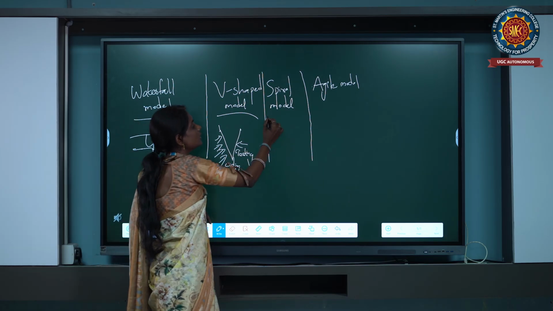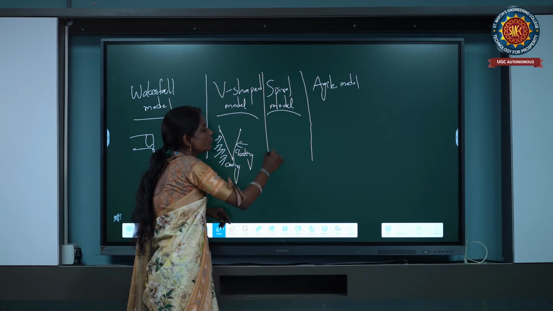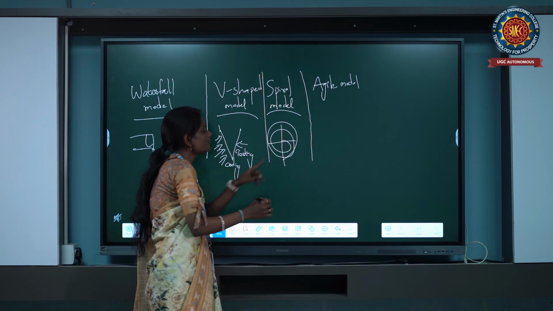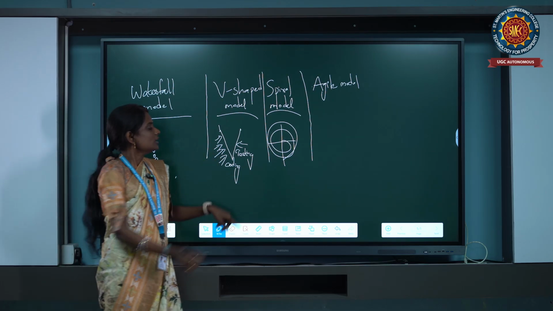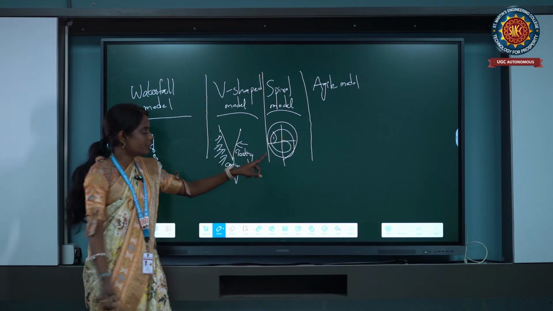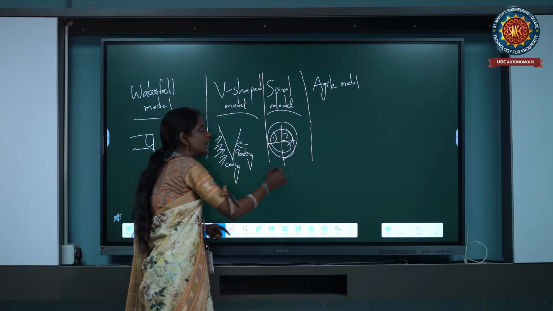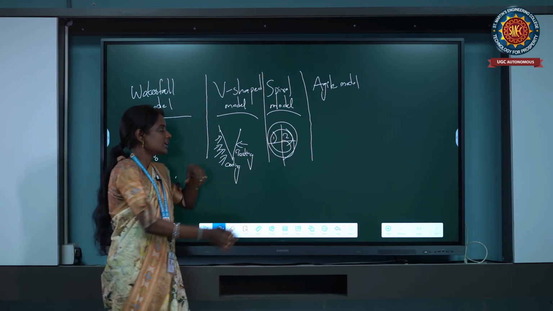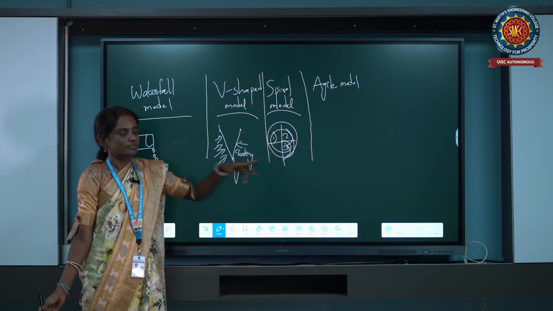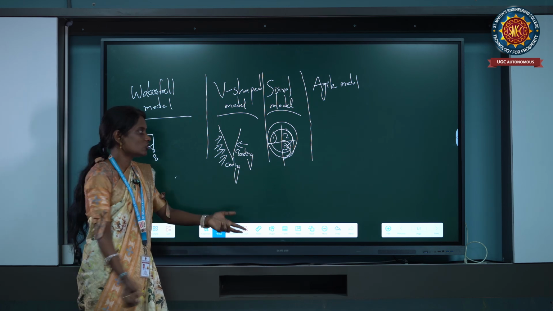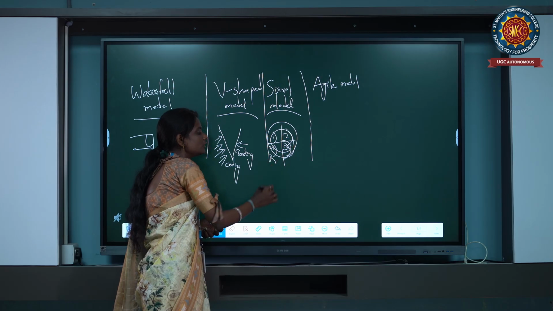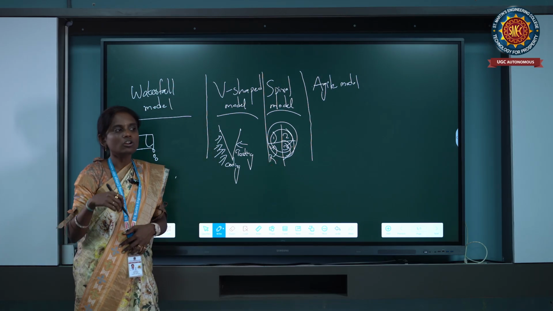Whereas the spiral model is in the form of a number of spirals, where first we determine the objectives that are required for the development of the product, and in the second stage we identify the risk. In the third phase, we develop the version of the product, whereas in the fourth one, we review the version of the product, whether it is working properly or not.